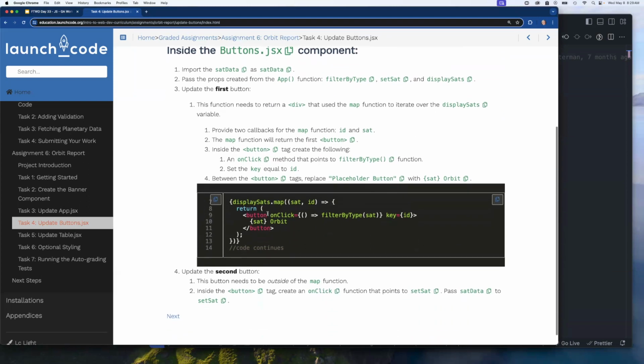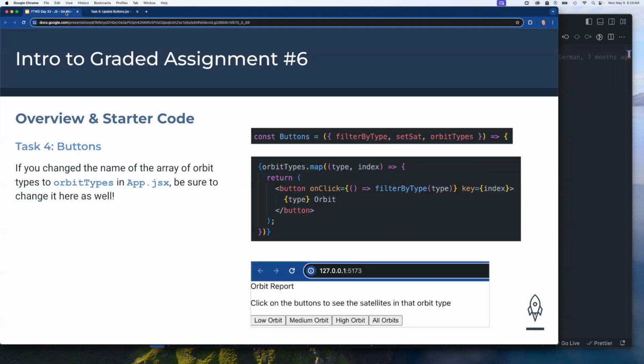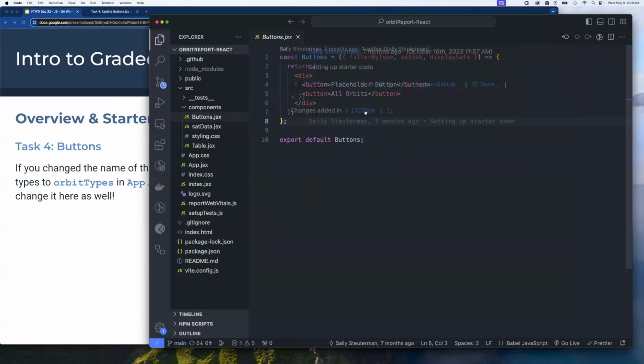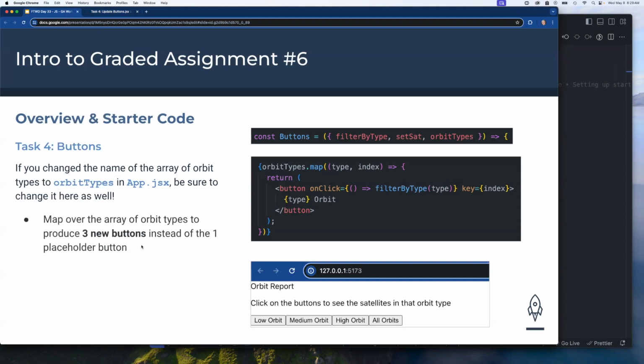Then they talk about how you are going to update the first button. And this has thrown students for a loop in the past where they say, wait, aren't we supposed to have 3 buttons? And yes, you're going to replace that 1 button with 3 buttons. So it might initially have just this 1 placeholder button, but you can get rid of this entire thing and replace it with some JSX that you're generating by mapping over the orbit types to produce a button for each one. So that'll be your first 3 buttons. And then while you're doing that, they